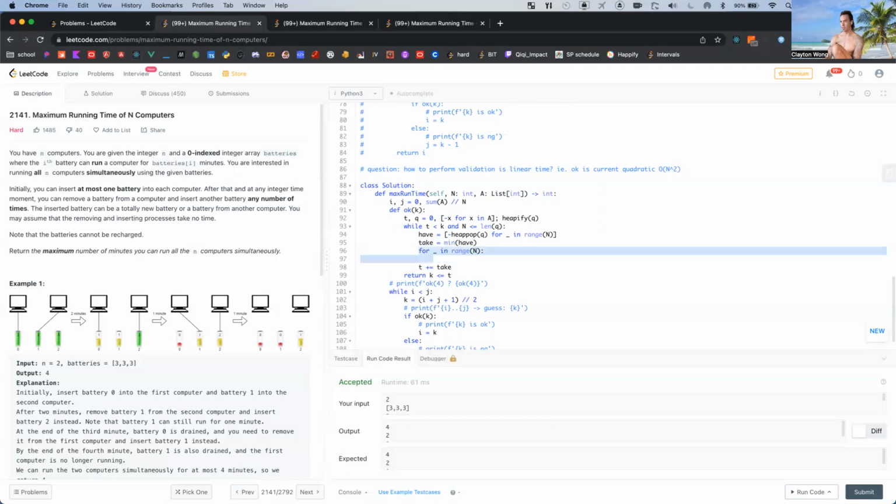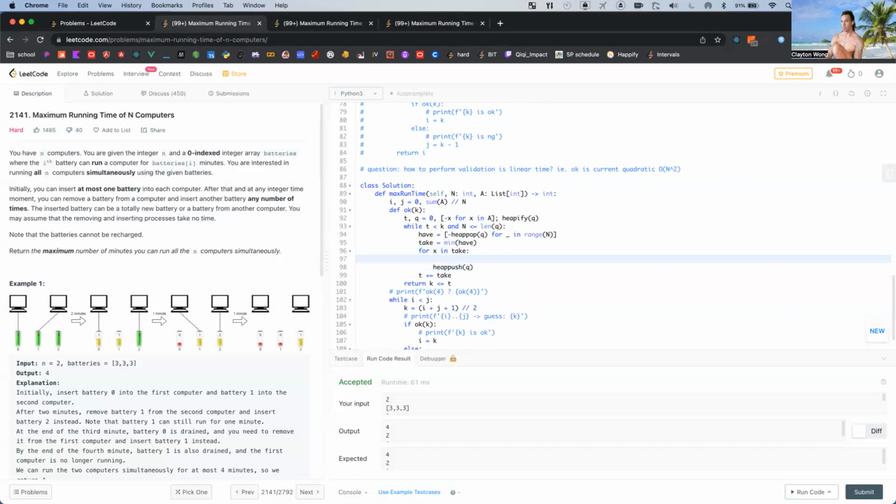Oops, hold on. Let's do this. So for X and what we can take, keep push Q. If X minus 1 exceeds 0, then keep push onto the Q negative X minus 1. Make it negative again because it's a max heap, which is a total hack.